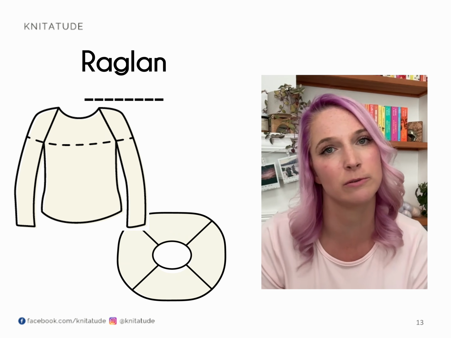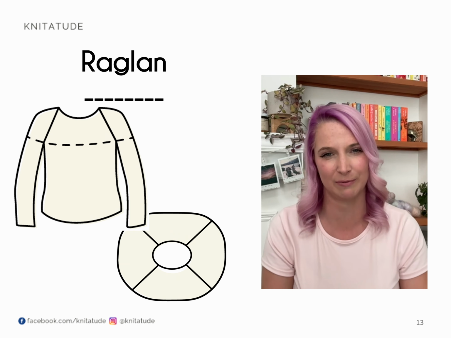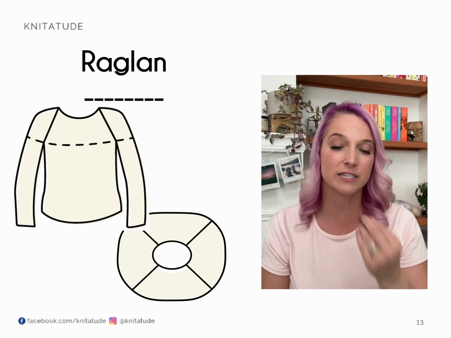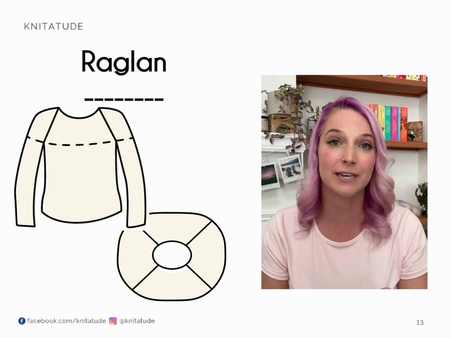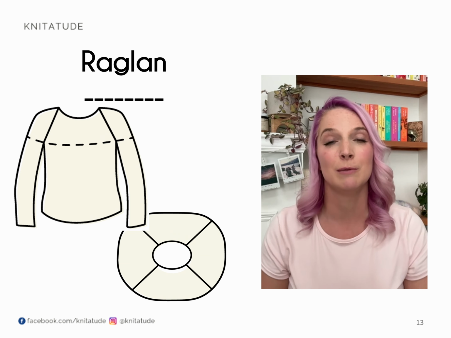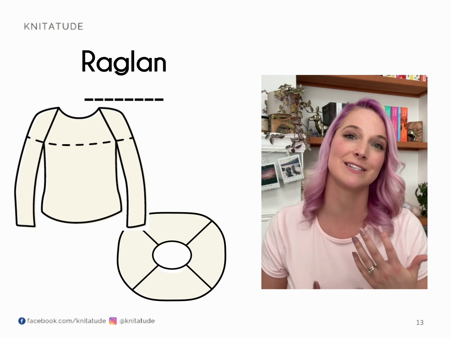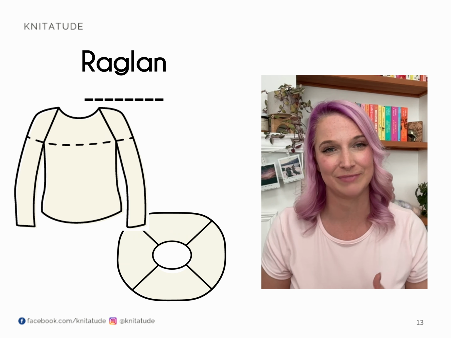I am trying to say too many words, so thank you for keeping up with me. And yeah, the disadvantage is, of course, that it is seamless, so it doesn't have as much structure, but the advantage of it being seamless is that you also don't have to seam at the end. Okay, so